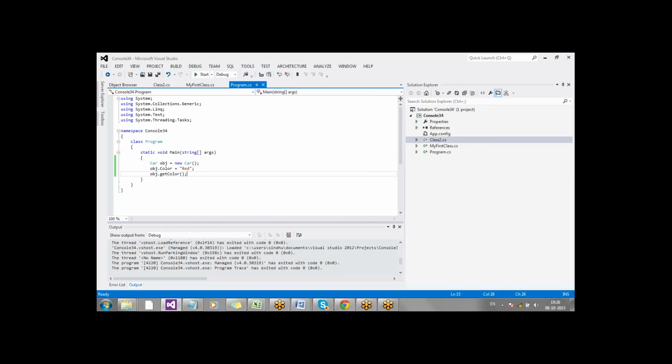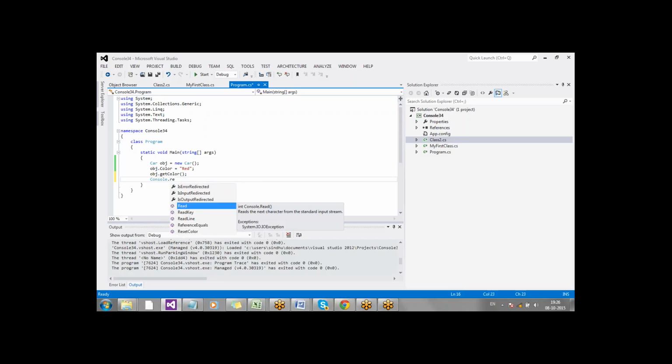No, you need not include any namespace, but the problem here is it is displaying something onto the console and closing it because the program ends. So to make it wait, because you can't see that as it just displays and closes, what will you write? You'll write Console.Read.